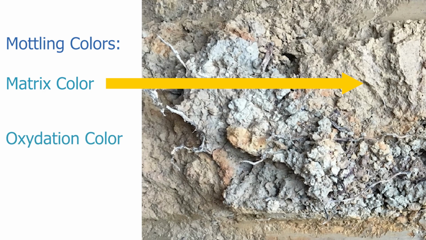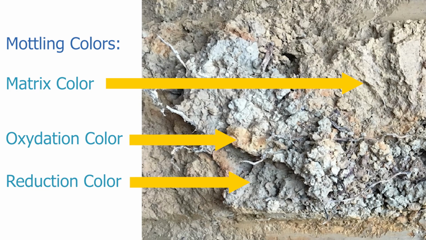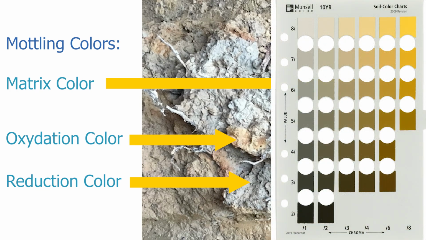When soil particles are oxidized, meaning they are losing electrons as part of these chemical reactions, the color becomes brighter. Another process is called reduction, which refers to reducing the amount of oxidation. In other words, the soil is gaining electrons. When reduction happens, there will be a loss of color, and the soil will look less bright. If you look at a Munsell color page, the oxidation color will appear higher in chroma, and the reduction color will appear lower in chroma.